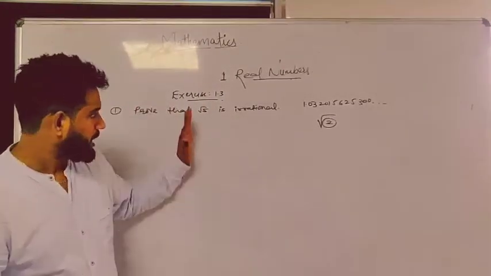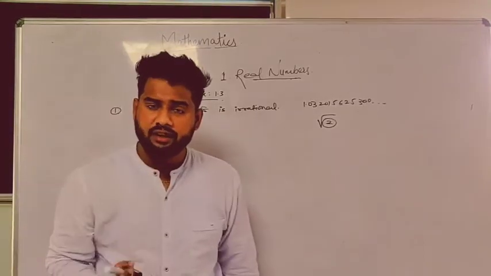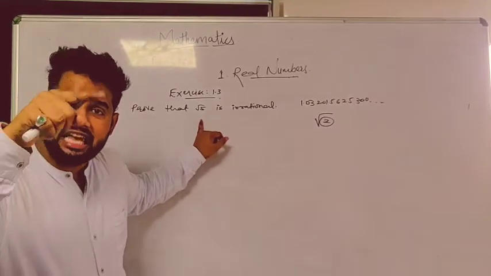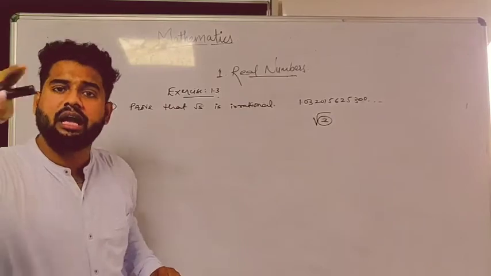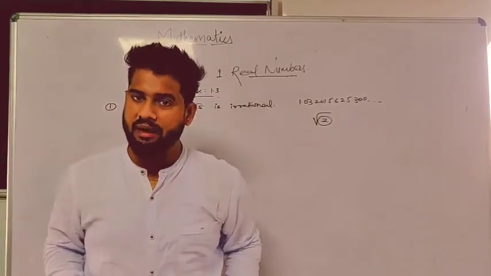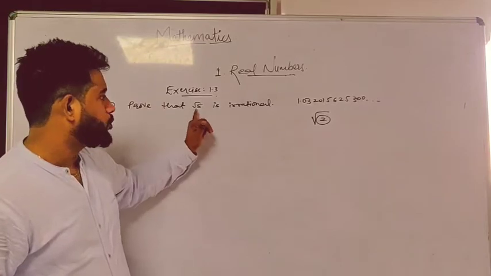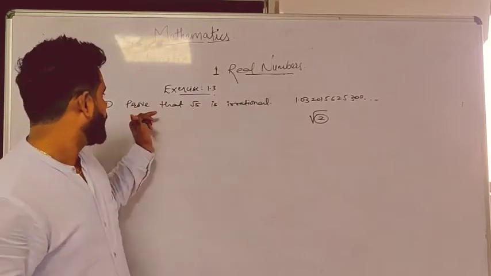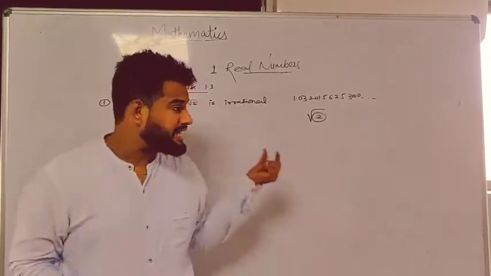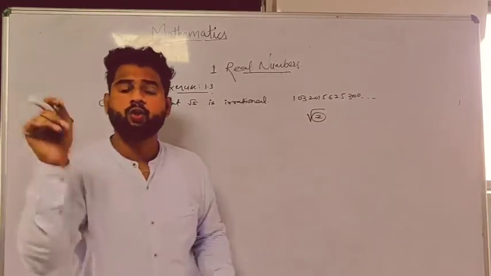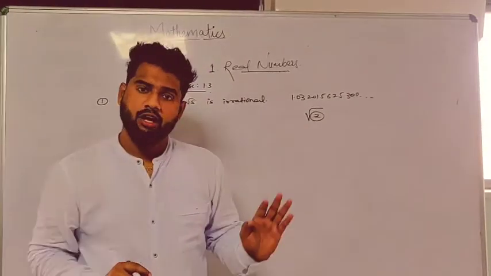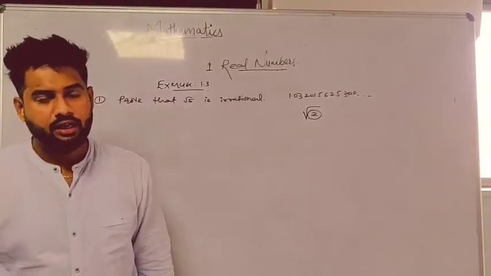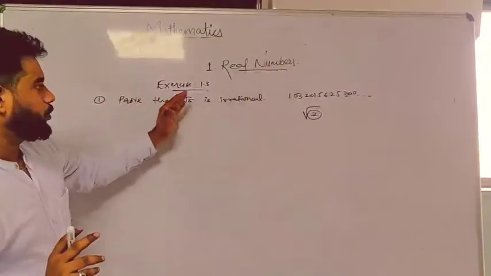Now one more thing: whatever I am going to write, the same concept is going to apply for any number which has a square root with a prime number within it. You have to follow one single method. Like here it can come: prove that root 2 is irrational, prove that root 3 is irrational, prove that root 7 is irrational, prove that root 11 is irrational. If any root is there and within the root a prime number is there, we have to prove it as irrational, and you have to follow one and only one method, right? So let us try to prove it. Prove that root 5 is irrational.